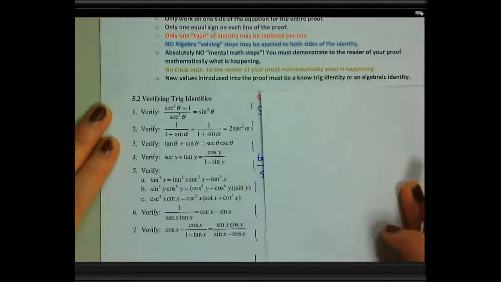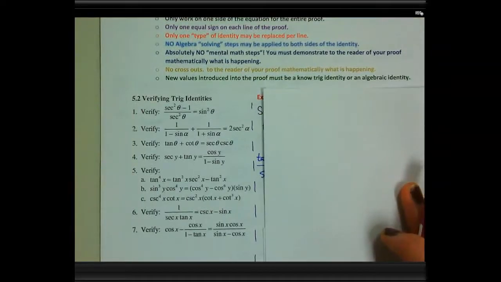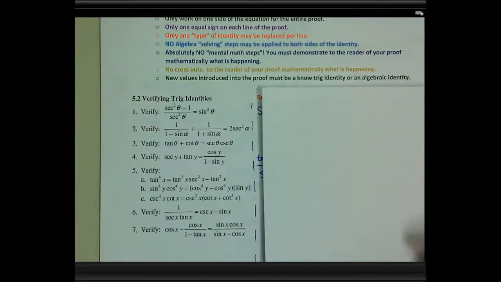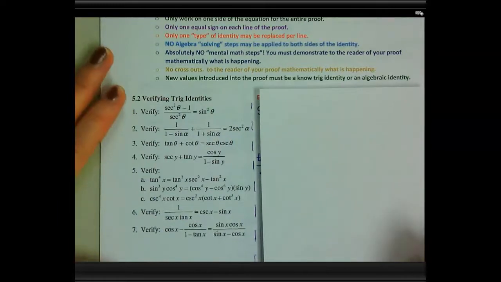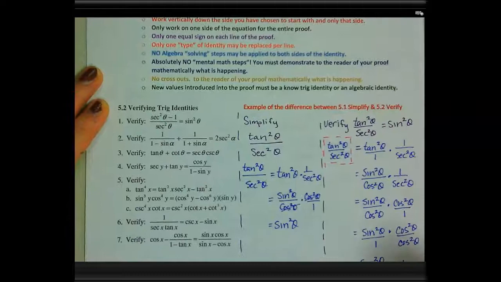We are going to be working through these 7 examples of proofs. Now in my notes I did write why I did what I did on the right hand side of the page, but that's not something you actually have to do in your proof. I just thought it might be helpful as you're reading through the examples. So here is an example of